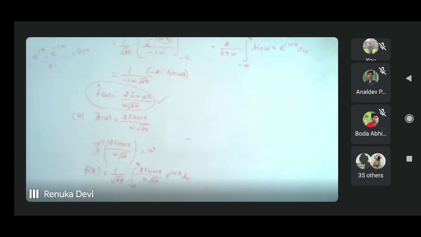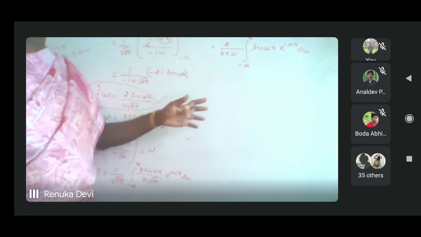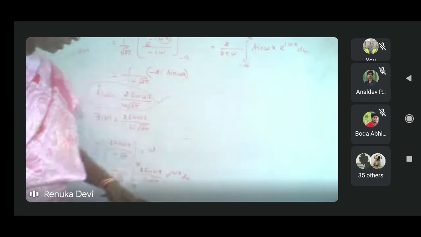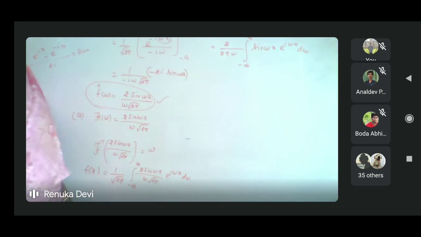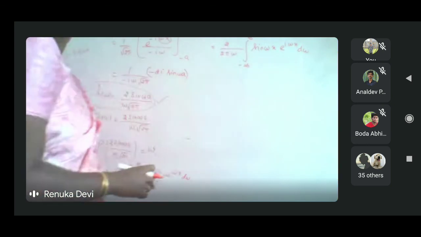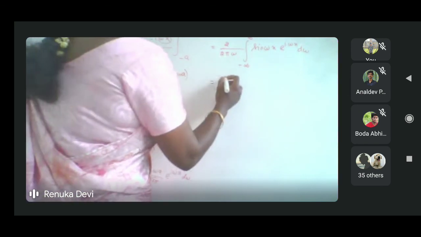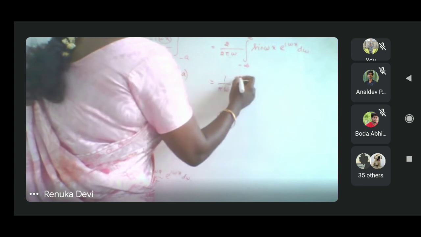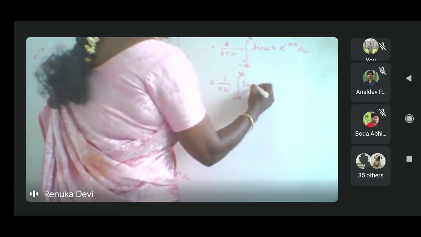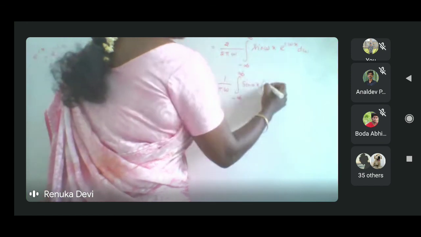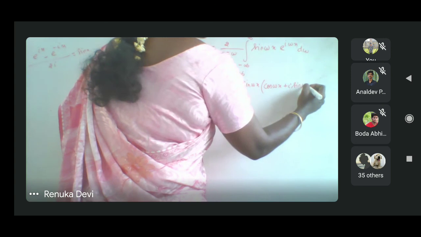But actually, for this minus infinity to infinity, we don't know what this function is. Here we are not having f, so we cannot write minus a to plus a. You have to keep that in mind. This is equal to 1 by pi, integral from minus infinity to plus infinity of sine WA by W into e power iWx, which is cos Wx plus i sin Wx, dW.